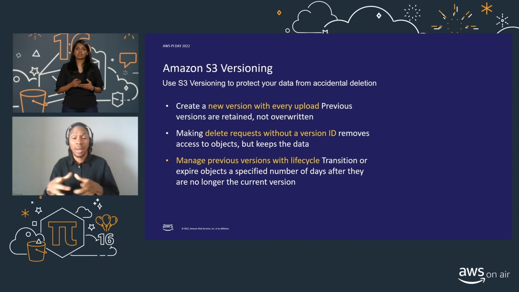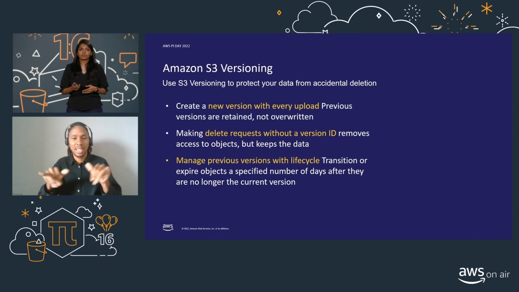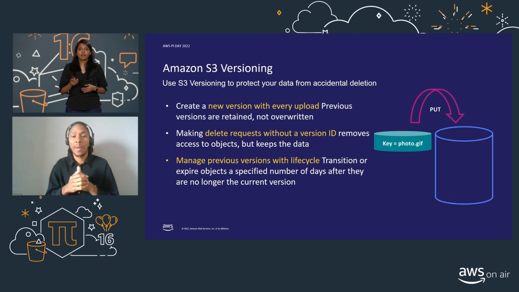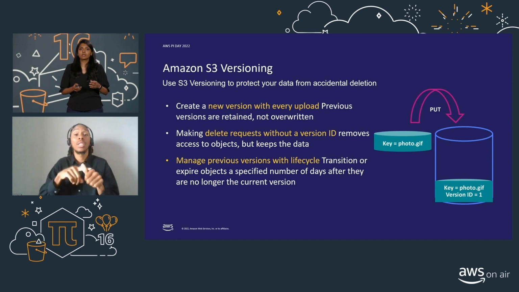After versioning is enabled for a bucket, if Amazon S3 receives multiple write requests for the same object, it stores all of those objects simultaneously. Let's look at an example. You have a versioned bucket and you upload a photo to it. Now, the first time you upload this key, S3 will add a unique version identifier to this object. Let's call it the first version.